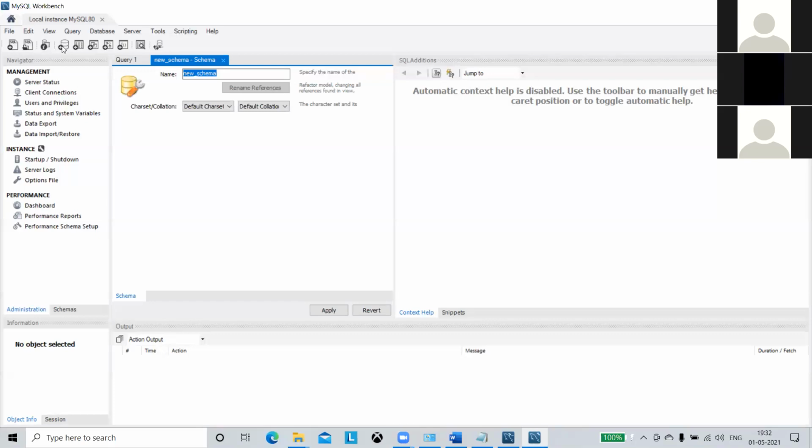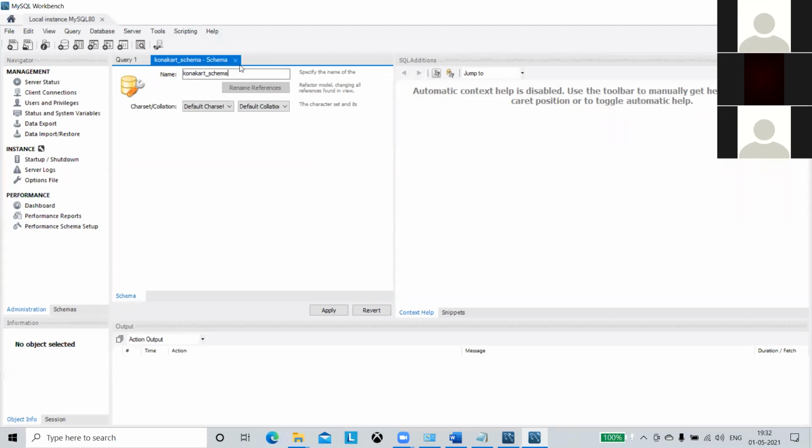Now you see it has launched a window saying new schema. Let's give a name to this. Remove the word new and type Konakart. Use small letters, because if you give capitals you may forget that you gave capitals. So Konakart underscore schema, give underscore schema.